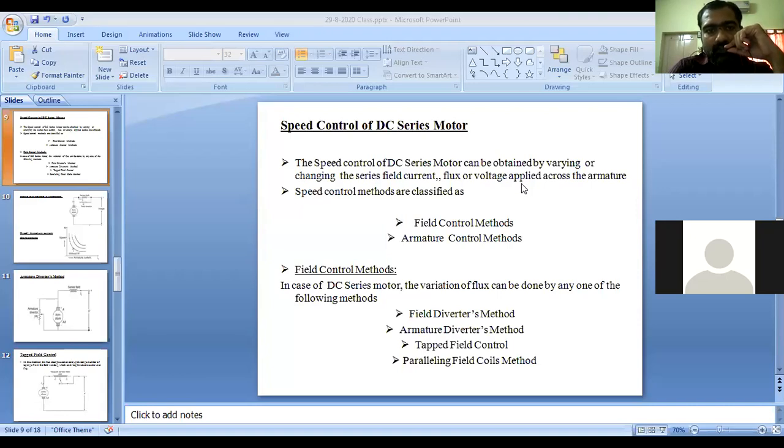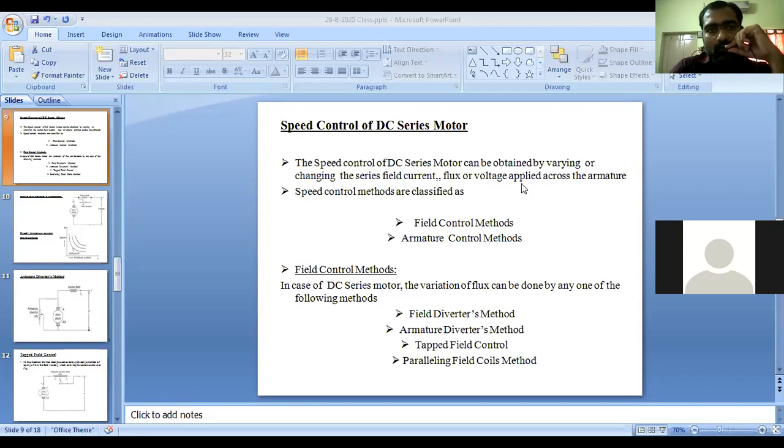In the earlier classes, we have studied some of the methods for controlling the speed of DC motors. The DC motor has been classified depending upon the type of connection, that is nothing but shunt, series, and compound motors.